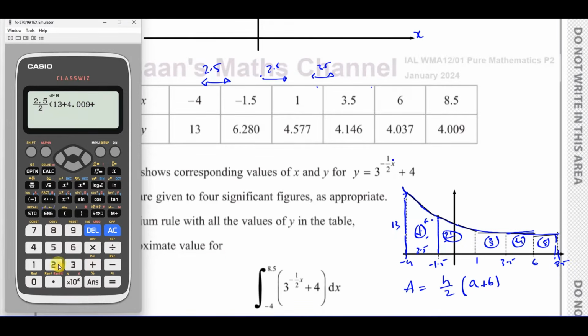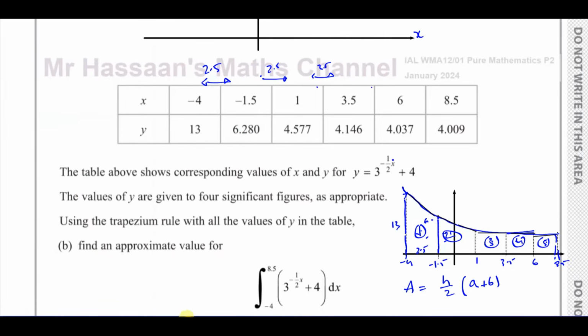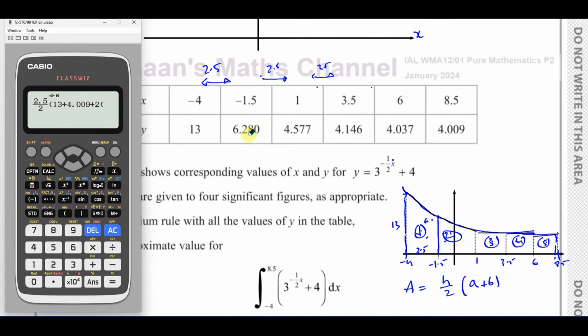Plus, then I have 2 times, and I have to open a new bracket. I'm going to add these together. I'm going to add these ones together. So I have 6.280 plus, okay, 4.577 plus 4.146. So make sure I've done it right. And then finally plus